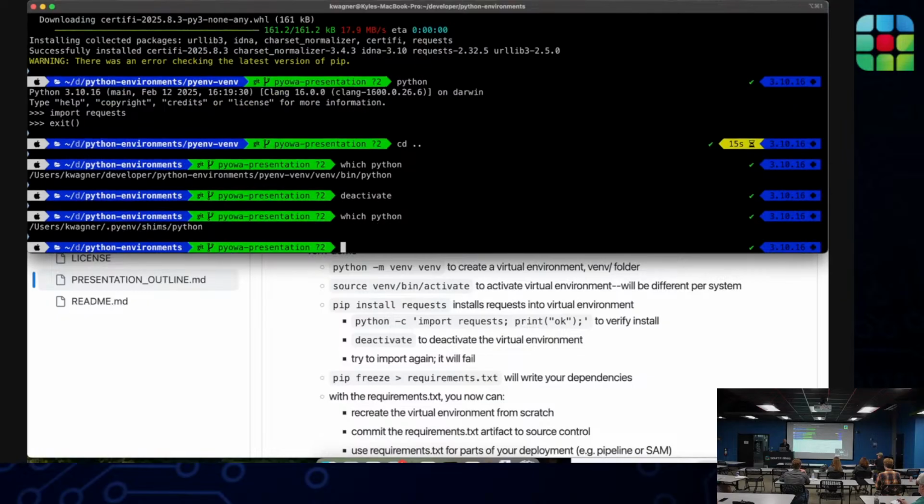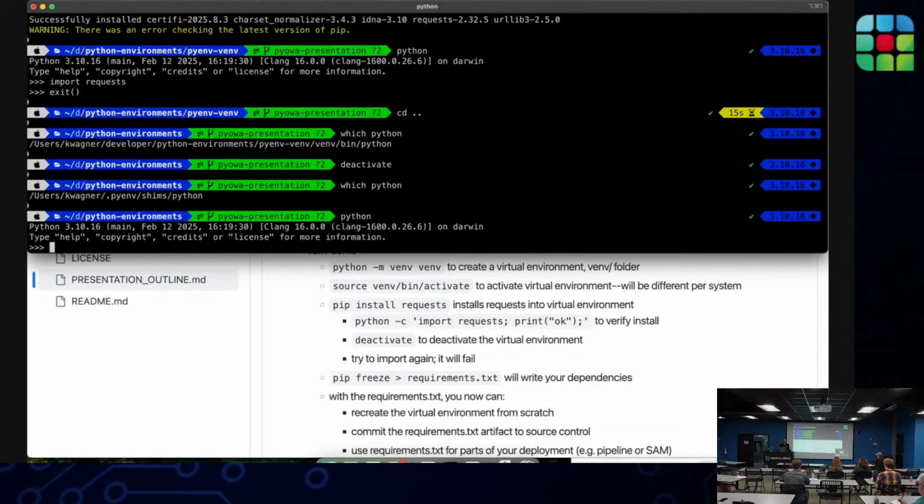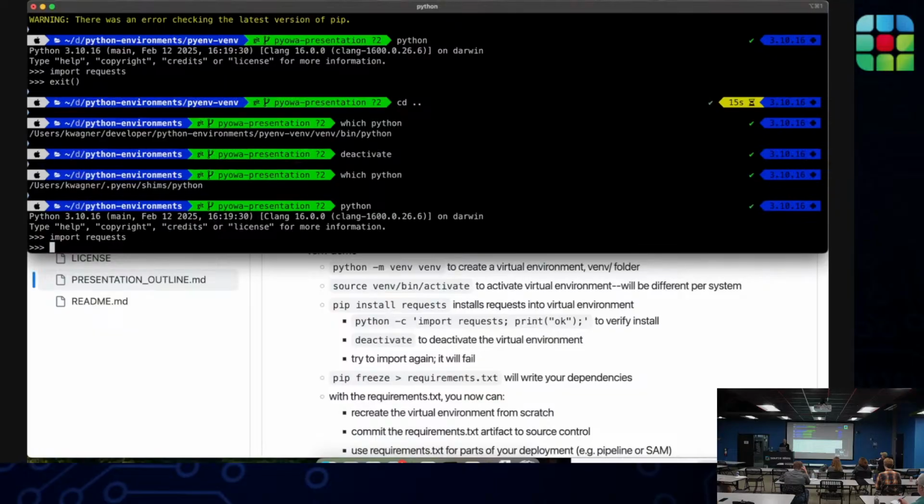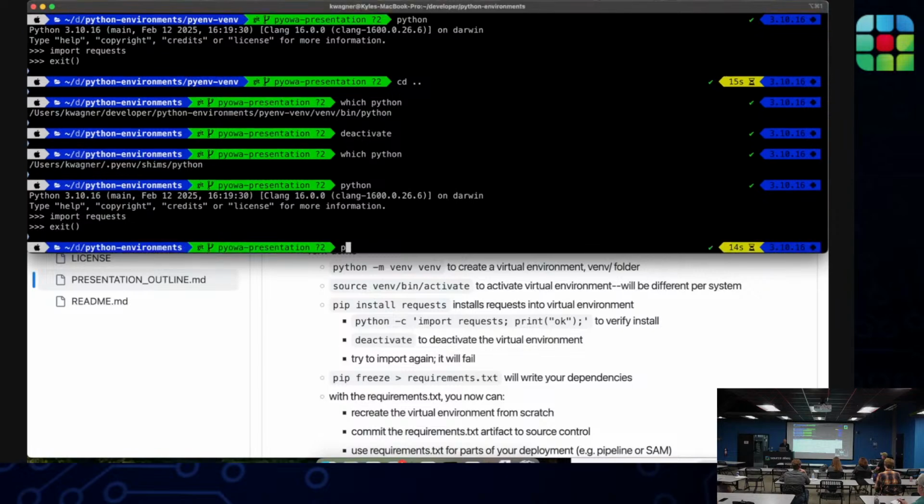Which Python is now pointed to my global again. And I'm gonna open a Python shell for that Python, and now I'm gonna try to import requests. And it's installed in my global environment. So that didn't make the point. At least I think it is. I thought I uninstalled it.